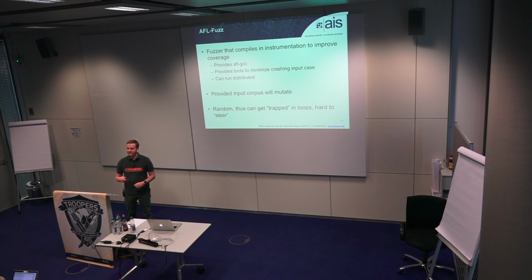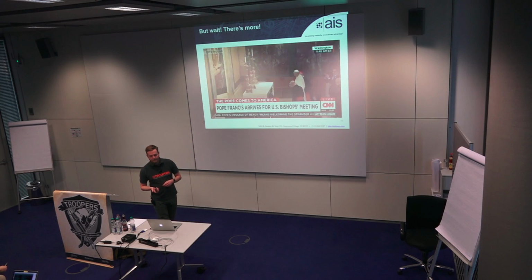Another really fun tool is AFL, really impressive stuff. Basically, it's a compiler you can recompile your program with when testing, and it instruments the program to help derive really high code coverage fuzzing. You can run it in distributed mode, so you can run an application at Google scale. Project Zero uses this quite a bit. You can provide some sample inputs. If you have a PDF parser you're trying to test, you download a whole bunch of random PDFs or make weird PDFs, and it can mutate based off of those. The downside is that sometimes it can get trapped in loops if it can't figure out that one rare breakout condition. So there's one more.